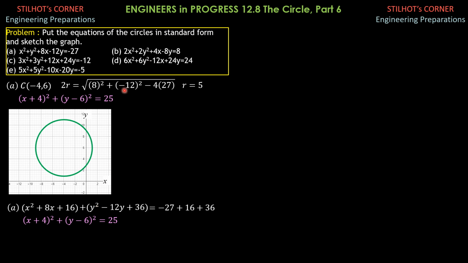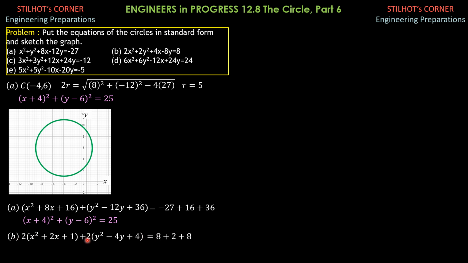So this time I use this approach, factor out 2. So we have 2 times (x squared plus 2x plus 1), then plus 2 times (y squared minus 4y plus 4), and equals 8. And plus 2, 2 times 1 is 2, plus 2 times 4, 8. So 8 plus 2 plus 8.